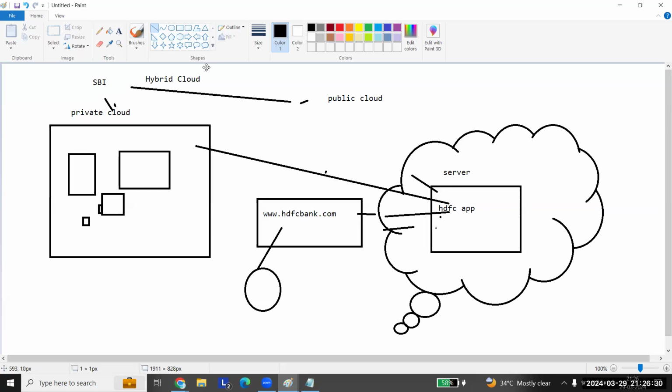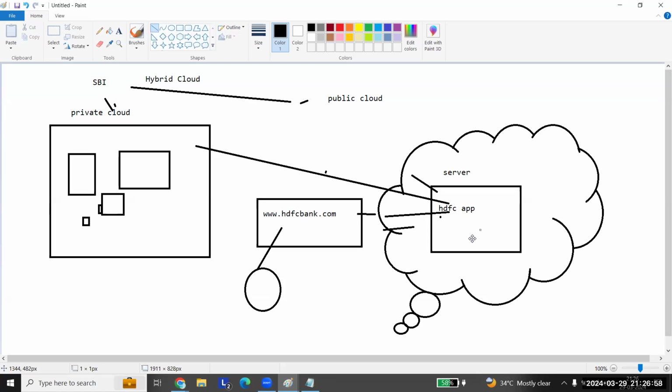So you see, whatever data that you are using is in private cloud, but only the website is on the server, just the application. After validation is done, then only the request goes to private cloud. This is how it happens. Okay, so this is about your resource group, subscription, different vendors, public cloud, private cloud.